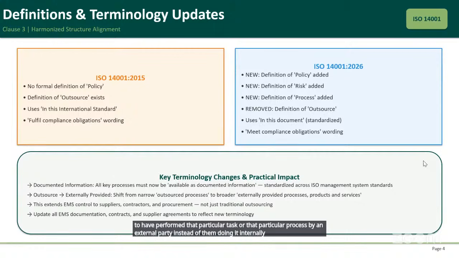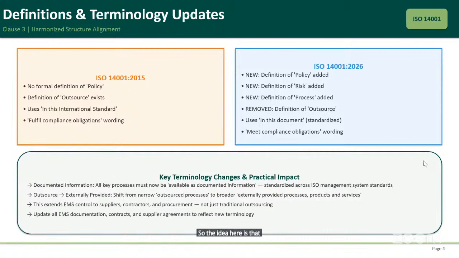So the idea is that the process remains part of your organization's system, but it is being done by another company. So most times there is a need to shift everything to be externally provided services, because